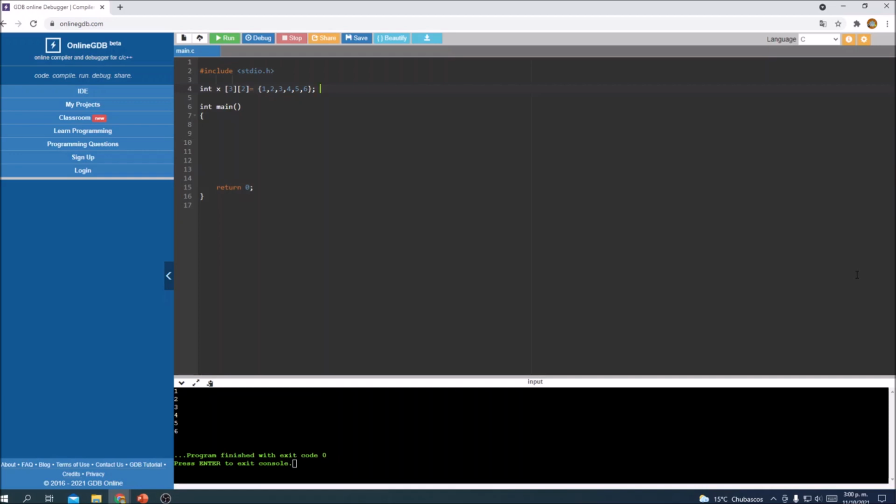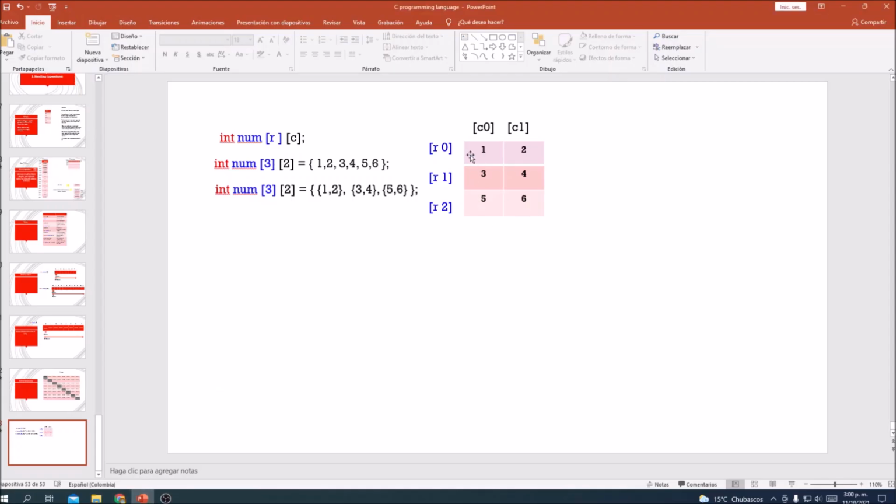Okay, now for this example code, we are going to use the same array that we saw in this pictorial representation: 1, 2, 3, 4, 5, 6. It has 3 rows and 2 columns. We can write it in either of these 2 ways. Remember that this one is more organized visually